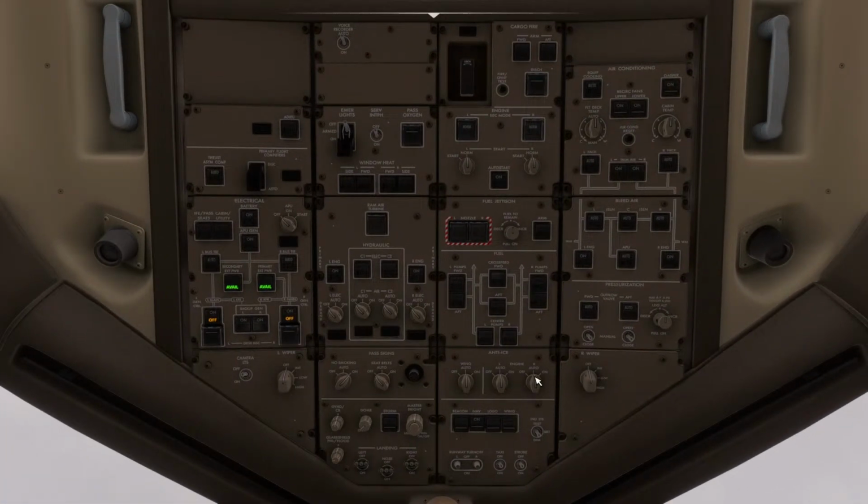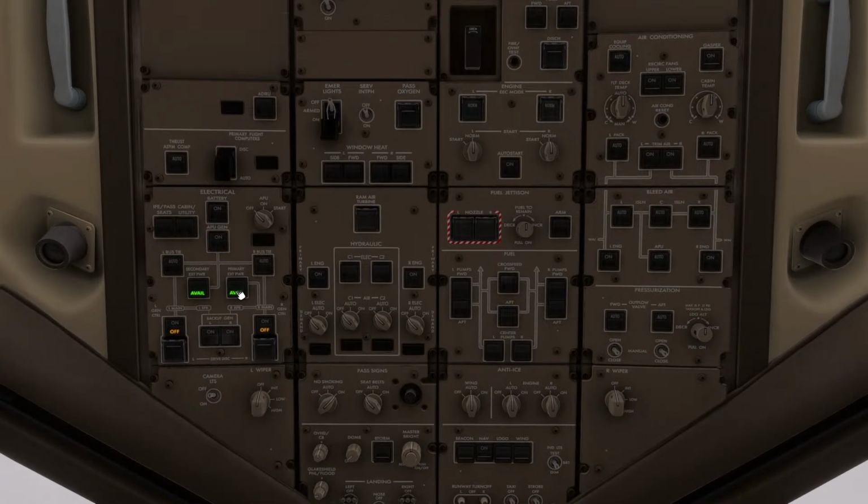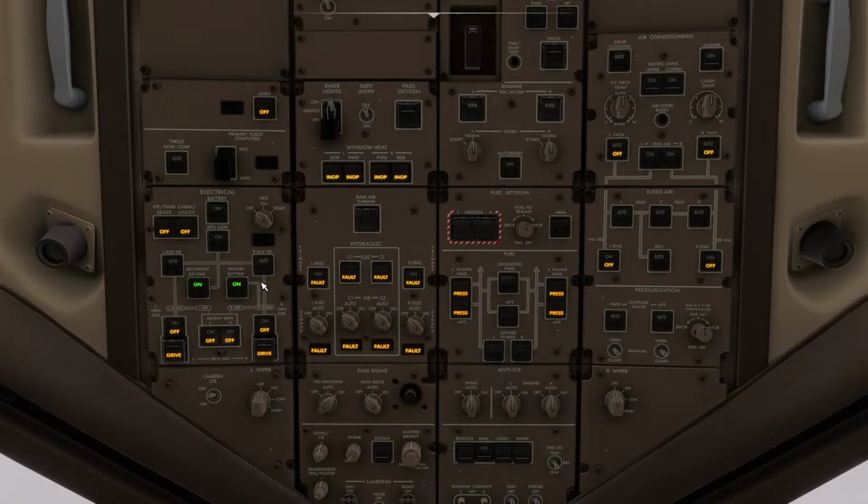So then Shift and 6 will take us overhead, and we can put the primary external power on and the secondary external power on. Then we can rotate the auxiliary power unit switch to start, and it'll fall back to on its own, and that will start firing up the APU, which gives us electrical power and also compressed air to spin the engines up in a bit. So we're going to turn ADIRU on, that's the air data inertial reference unit, and then